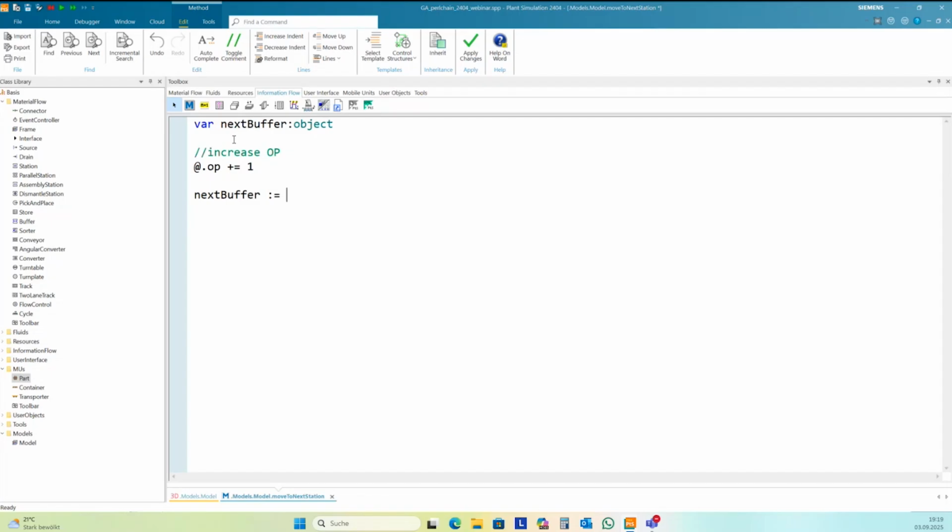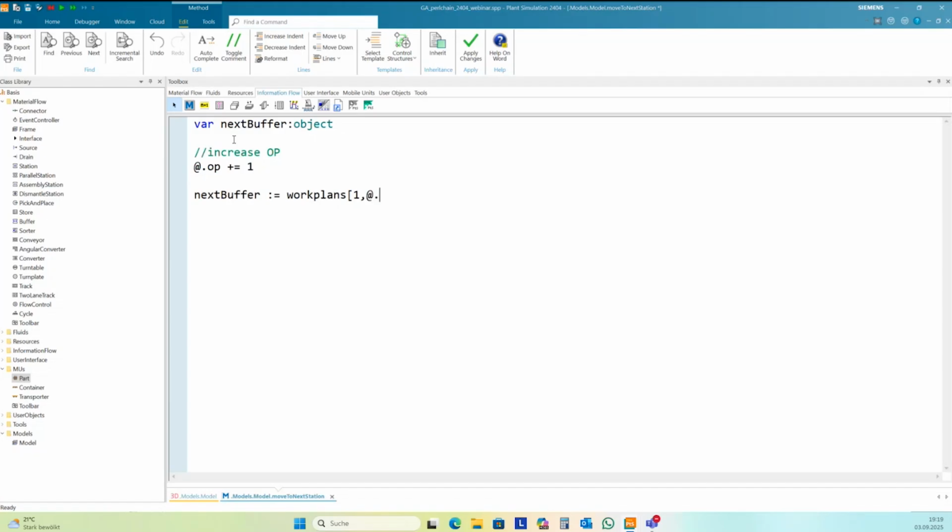And then I need only to read in the work plan the first column of the operation of this part. So it's work plans. Work plans are in the first column again.